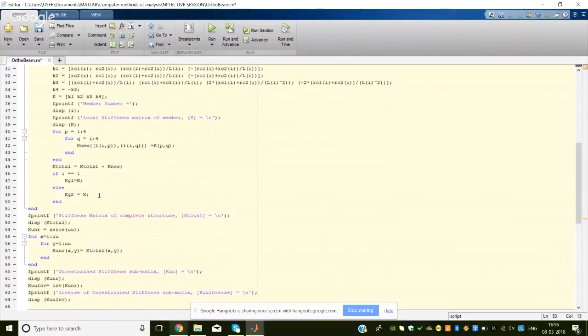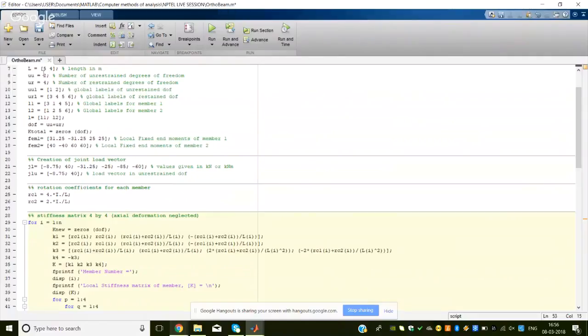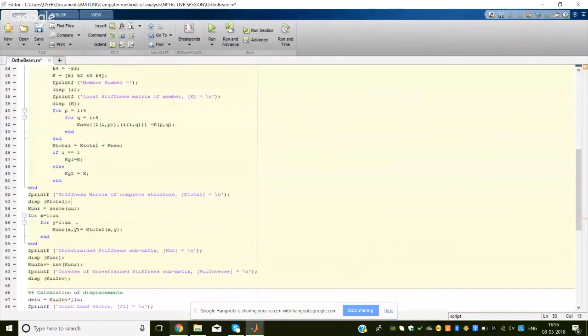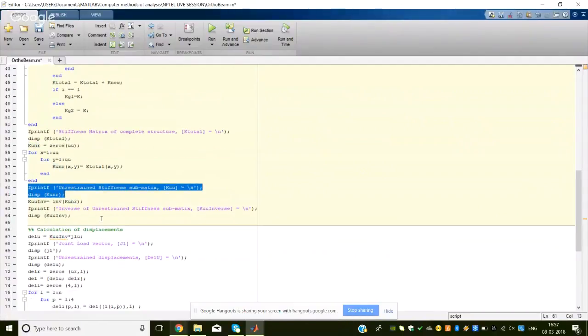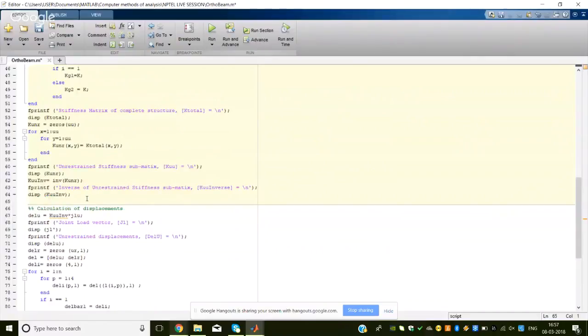Here the number of unrestrained degrees of freedom is 2. So the size of the unrestrained stiffness matrix is going to be 2 by 2. So this portion of the code will partition the total stiffness matrix to find the unrestrained stiffness matrix. Now this line will print the final output of the unrestrained stiffness matrix on the command window. Then